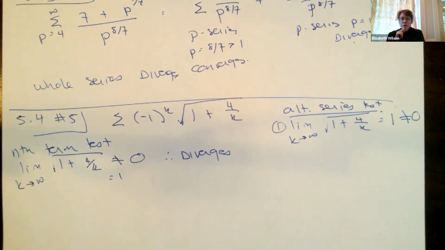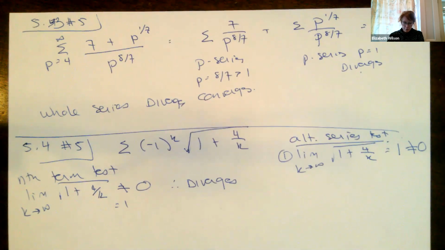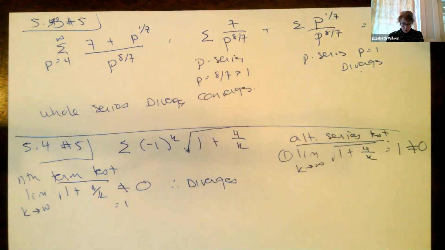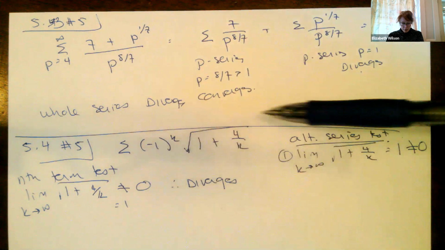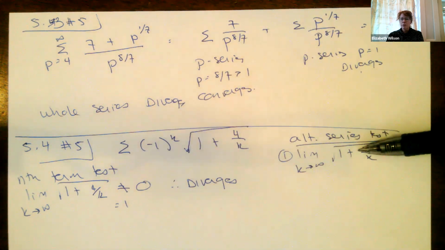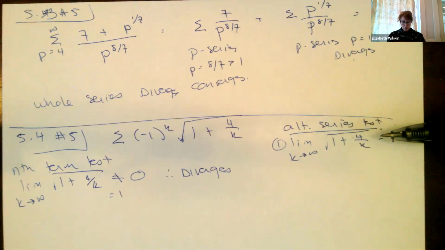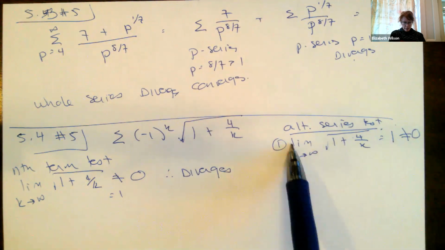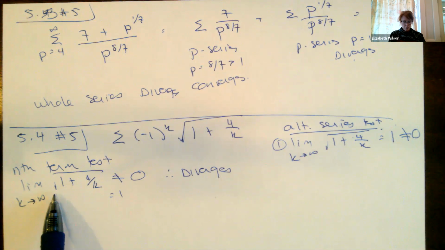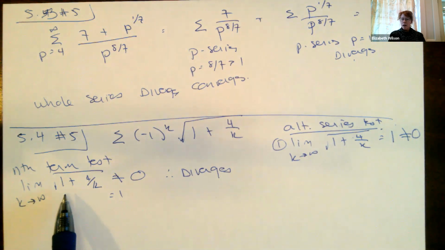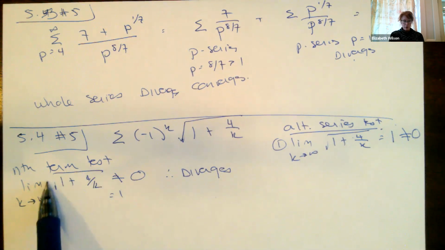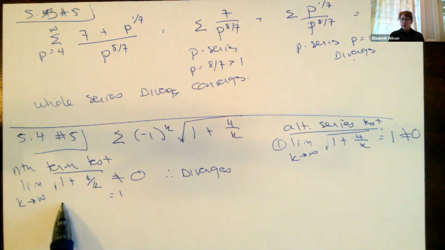Okay, I'll leave this up. So this is 5.4, number 5. Here's 5.3, number 5, and 5.4, number 5. 5.4, number 5 is an alternating series, but it bombs our first test on the alternating series test. The alternating series test doesn't test for divergence, it only tests for convergence, but this leads me right into the nth term test for divergence. So I write it down again. So in case somebody who is grading the final exam wants to make sure that you,